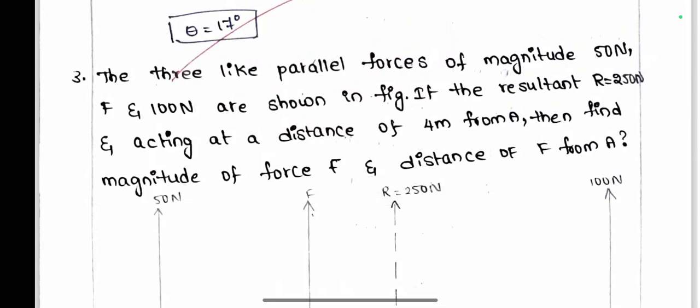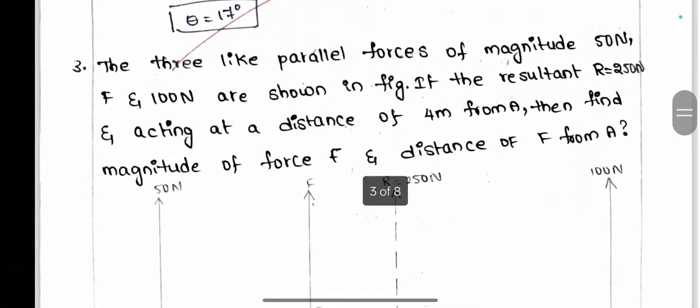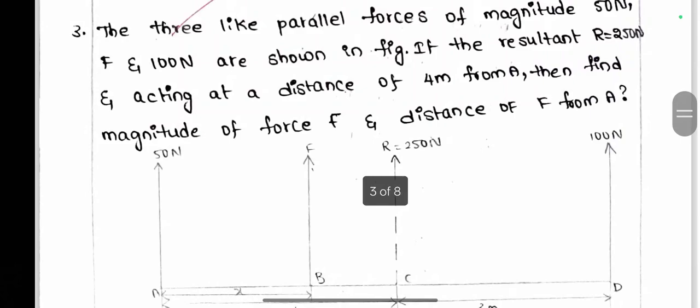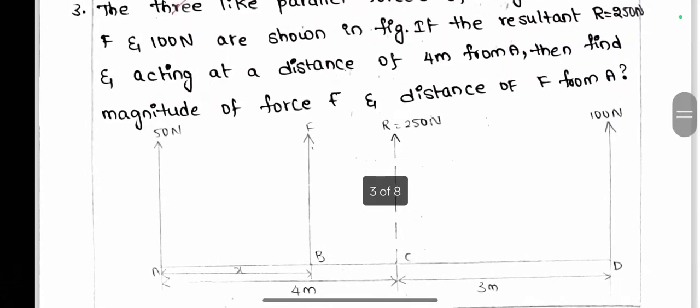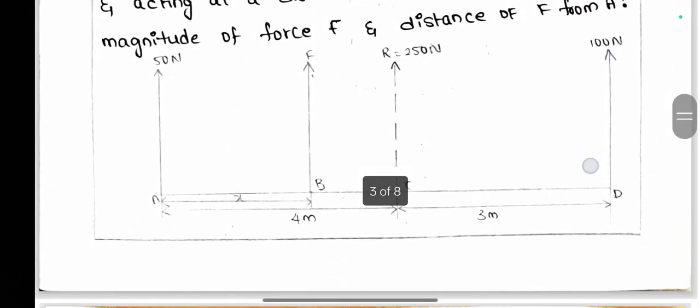Hello everyone. Three like parallel forces of magnitude 50 newtons, F, and 100 newtons are shown in the figure. If the resultant R is 250 newtons and acts at a distance of 4 meters from A, then find the magnitude of force F and the distance of F from A. Okay. As we discussed earlier in the classes,